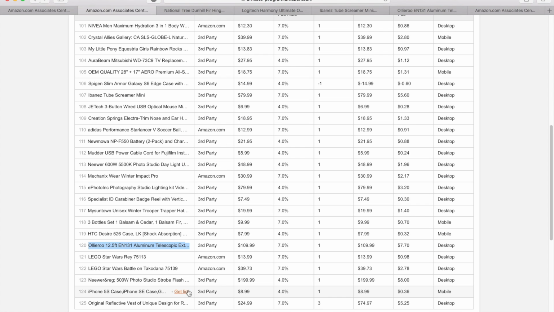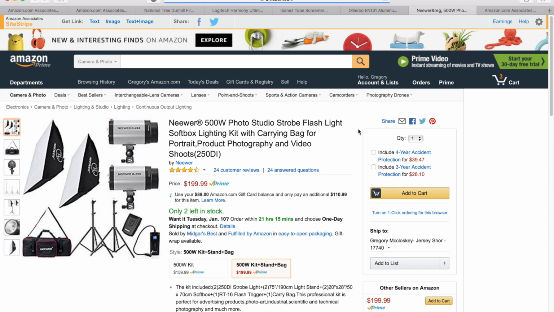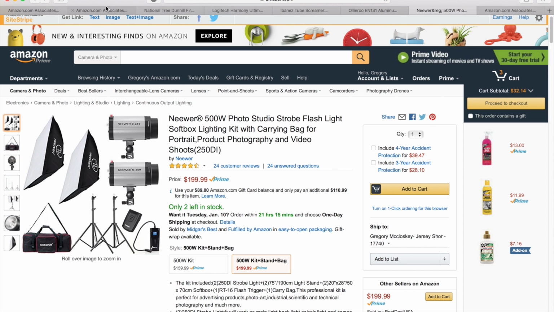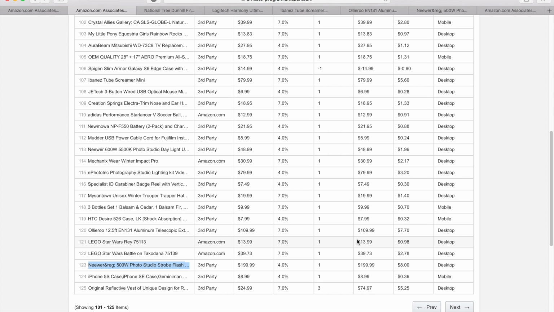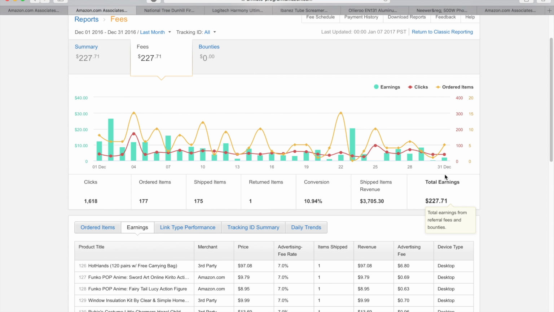Let's go back. $8 off of this is kind of what I was explaining about the studio lighting. This made me $8. This was a $200 purchase when they bought it, and it still is. This is a whole studio kit, it looks like, which is pretty cool. I love any kind of lighting stuff. I probably should make more videos on that. And then got another thing down there for $5. Again, I'm not going to go through everything.